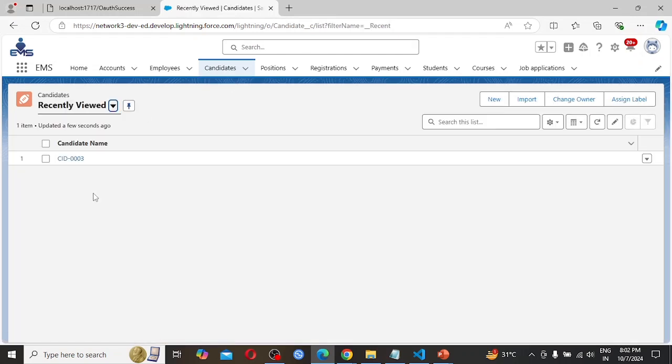User B is able to see his record only. They can't see each other's records. My intention is to show that the owner of the record can see the record and also perform all the operations on that particular record. But if the user is not the owner of that record, he can't see the record.